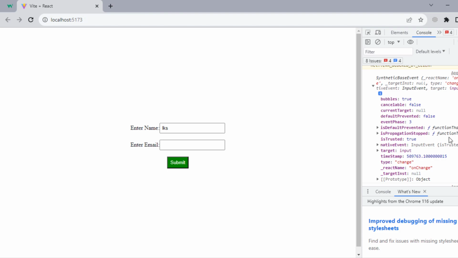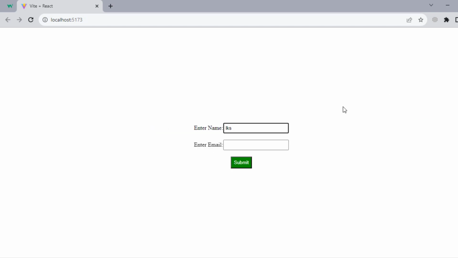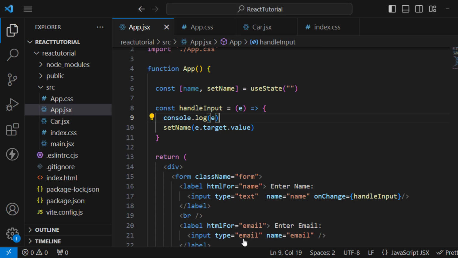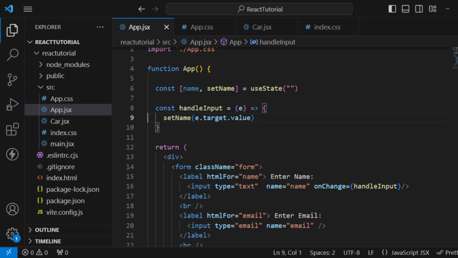So we access the target. Through e.target, we came to the target, then we came to the target.value. Whatever we are writing, we are accessing that value. So this was about the event object that I displayed to you. So whenever we are writing something, we take e.target.value and store